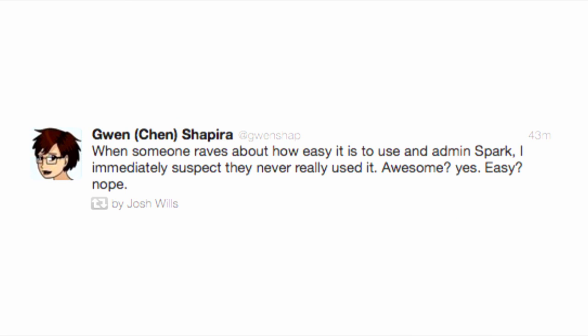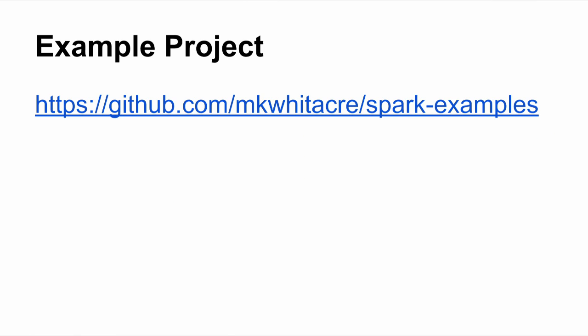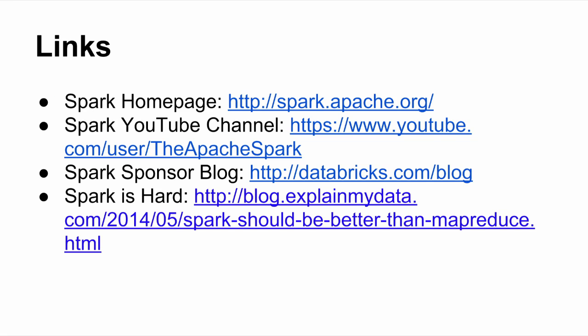As far as getting started, I have an example project out there that will let you play with about 11,000 Lego sets worth of data. It has a few example Spark applications, instructions on how to get a cluster up and running, and how to run the different example projects. Additionally, there are a bunch of nice links for you as a developer to play with. Interestingly, Spark Summit has a YouTube channel full of videos. So who cares about Game of Thrones? Go watch Spark videos on YouTube.